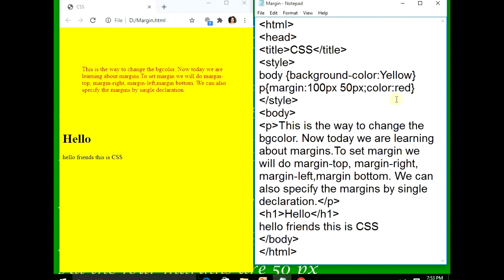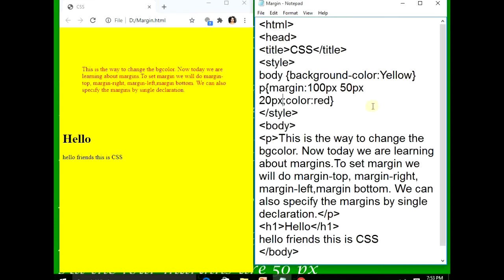Now the third is space 20px. File, save, refresh. Now 100 from the top, 50 from left and right, and 20 from the bottom. Okay. Space 80px.